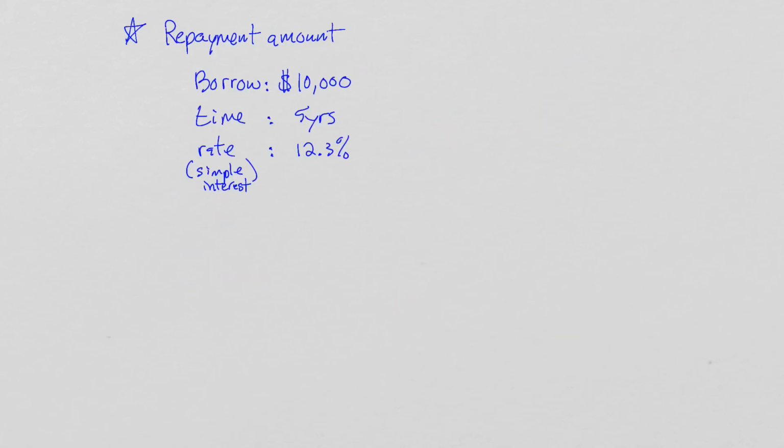Our last question is going to be about repayment amount. And let's say we borrow $10,000 for 5 years at a simple interest rate of 12.3%. How much is the total repayment? So basically repayment is not just the interest, it's the original amount. So we've got the principal plus the interest. So first of all, what is the principal? It's going to be $10,000